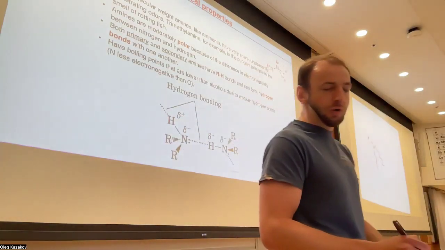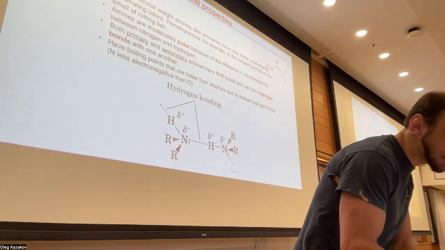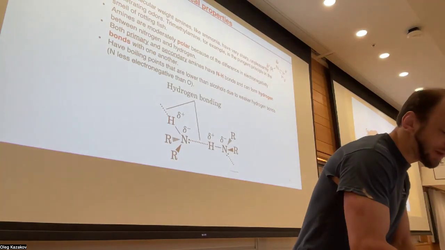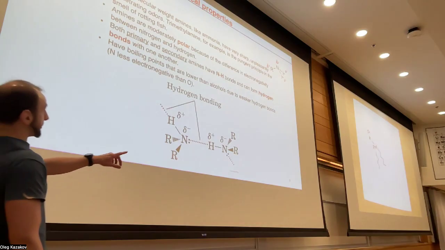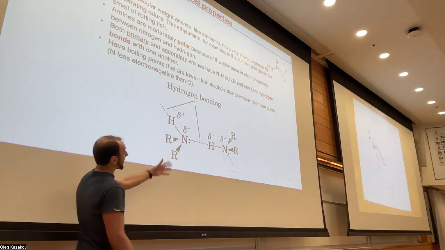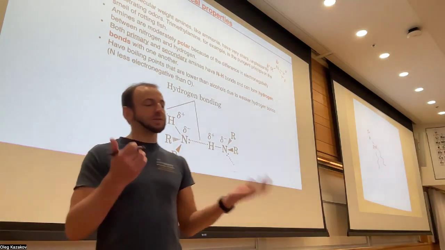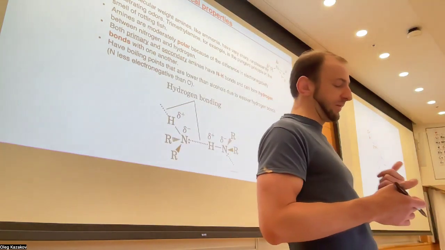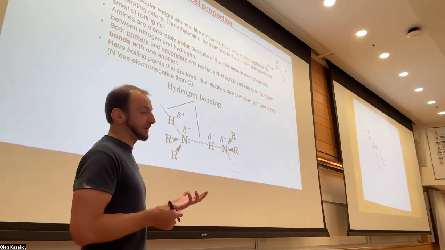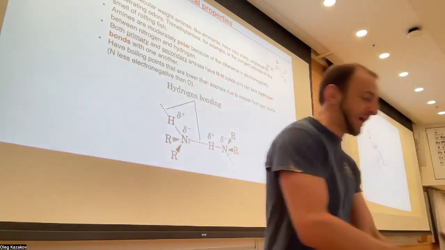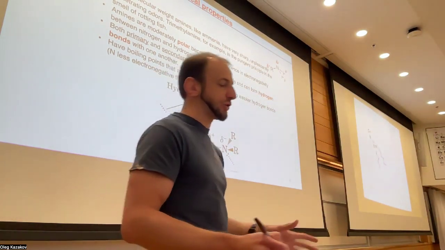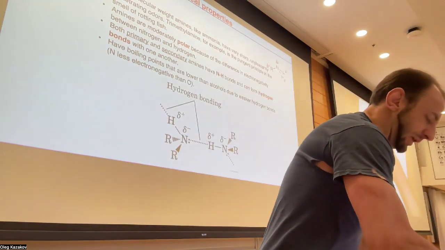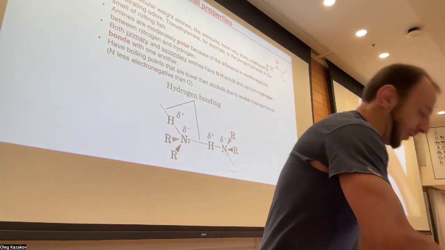And now we are going to show our partial charges, right? That's the next level in the knowledge. You have delta plus on the hydrogen, delta minus on the nitrogen, because nitrogen is more electronegative, that tends to draw electrons to itself. So consequently, we will give this atom delta minus, and then H will be delta plus, because it tends to lose its electron along the line of this bonding.